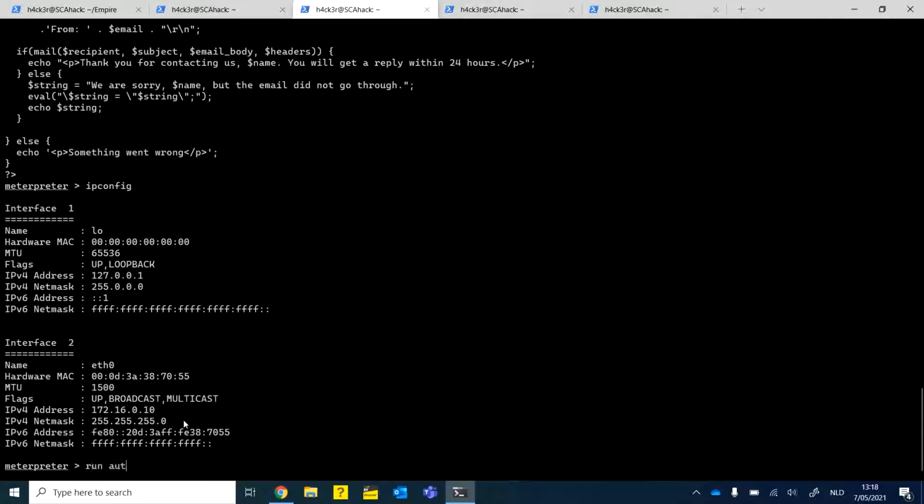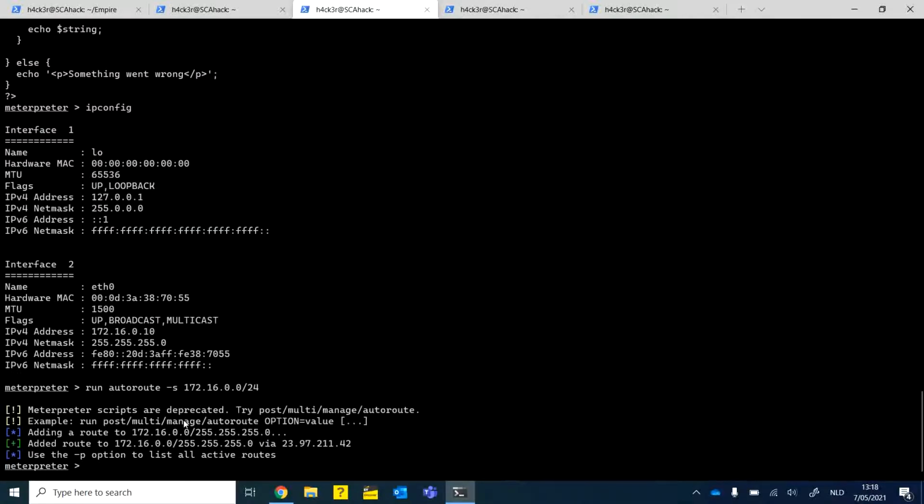So let's do a run autoroute -s and then 172.16.0.0/24. So this will add this route to this connection. So anything towards that IP will be run through this connection. We can now background this